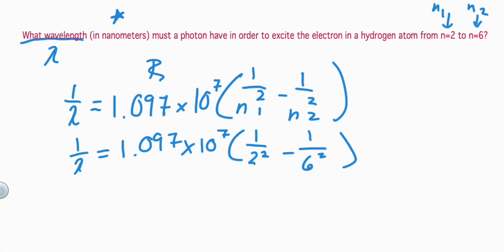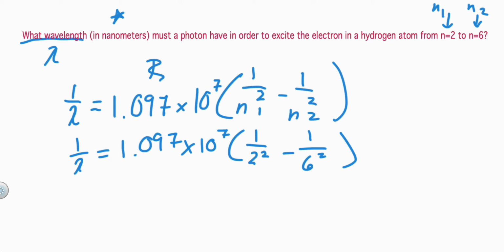So let me just get my calculator out. So we have 1.097 times 10 to the power of 7 times, in parentheses, 1 divided by 4, that's 1 over 2 squared, minus 1 divided by 36, and that's 1 over 6 squared. Alright. So I got a big number, and I don't know if it'll scare you or not, but